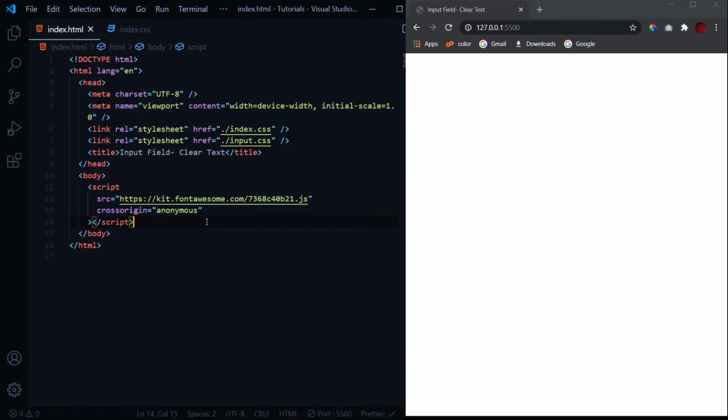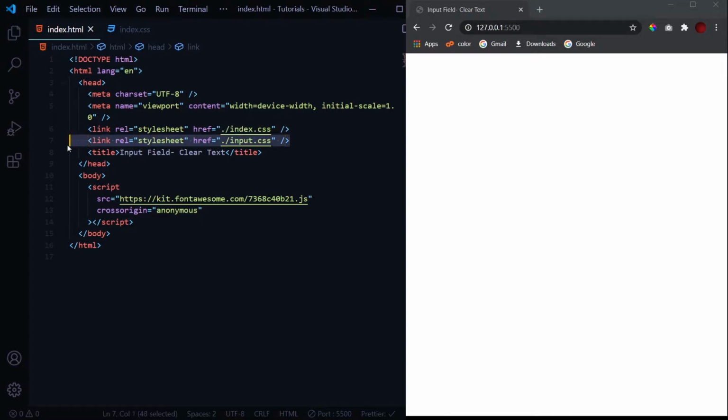So here I've got this basic HTML layout. I have linked two external CSS files. This one is in which we'll be doing the styling part for this project, and this input.css file is the one where I have written the code for animating the input field, the animation that you must have seen in the preview. So if you want to learn how to give that animation, then you can go to the description for the link of the video I created on it, and you can also click on the link above. But I won't be discussing it in this video.